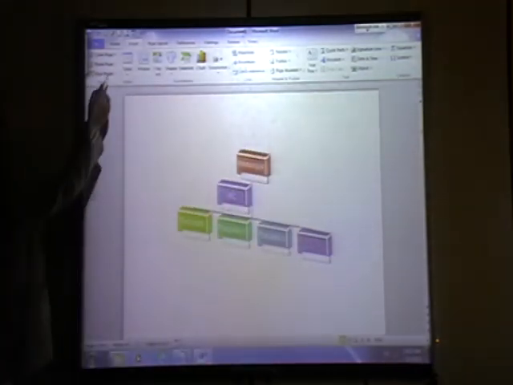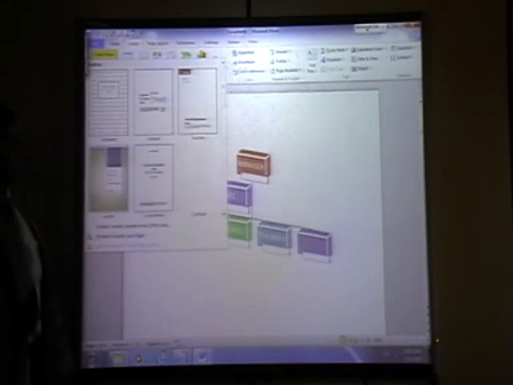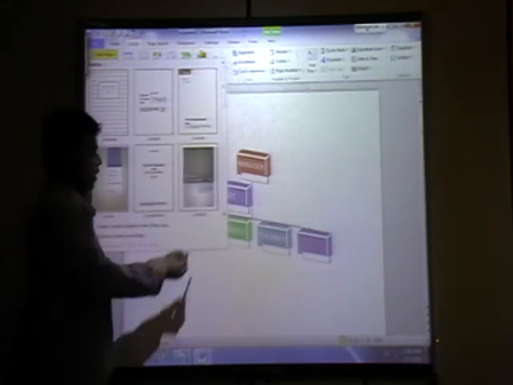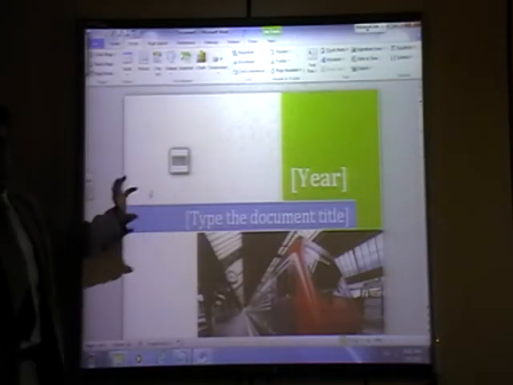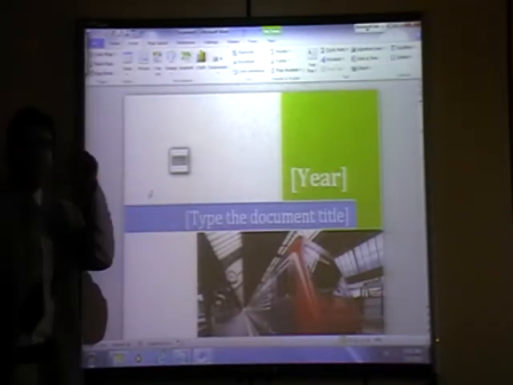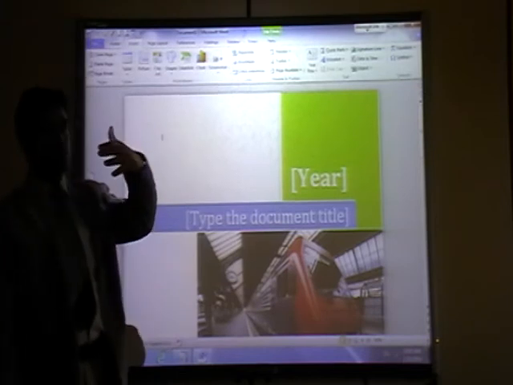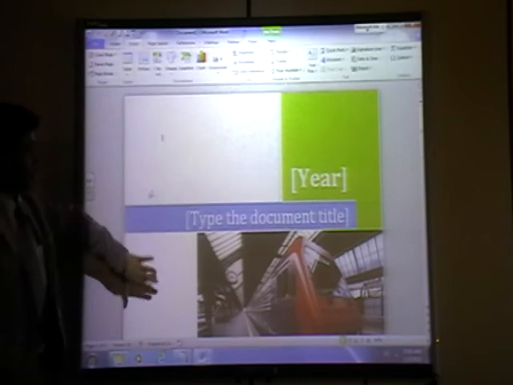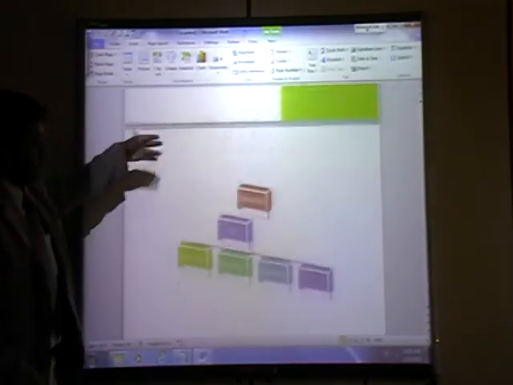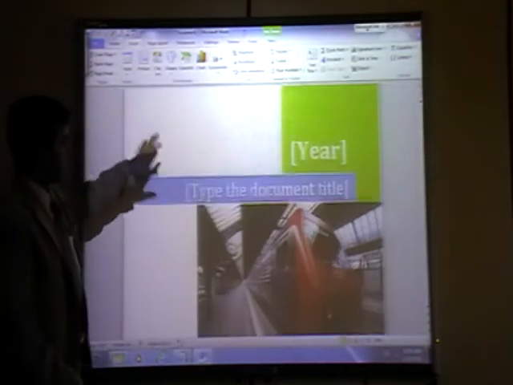Look here, cover page. You can see different style cover pages are there. I want like this. See here cover page will come.